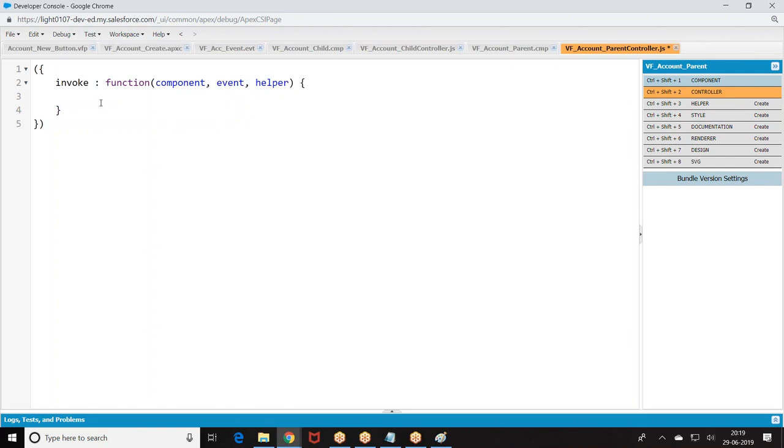Then first, where name equal to event dot get. Whatever parameters are passed in the event, those parameters I am reading here.